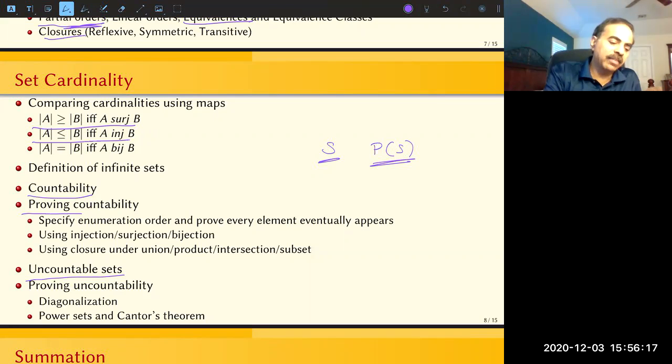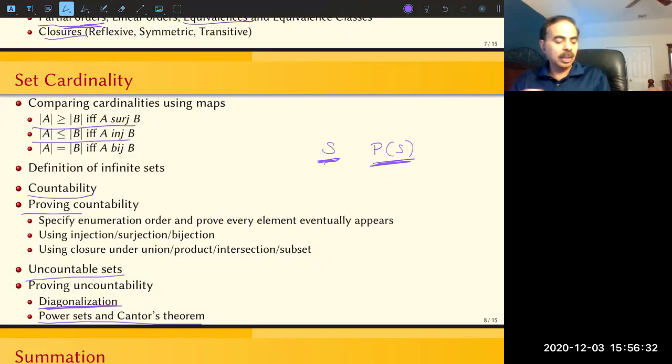And the way we prove that a power set is strictly larger than a set is using a style of argument called diagonalization. And in particular, we learned how Cantor's diagonalization proof works to show that S and P of S have different sizes no matter how large